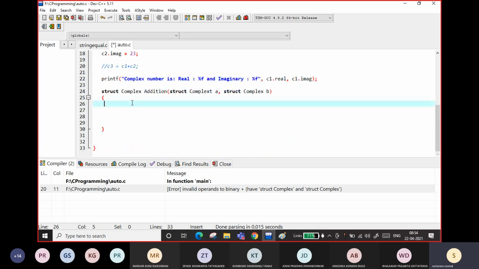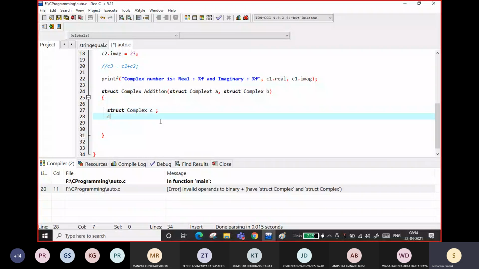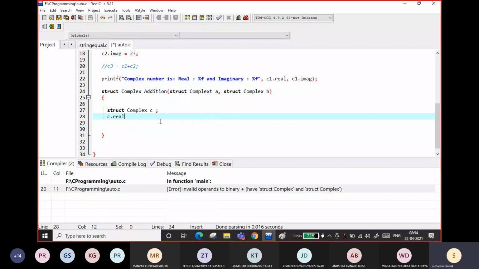So addition is simple, which we are doing regularly. Take another complex number, say C. C dot real equal to A dot real plus B dot real, right?